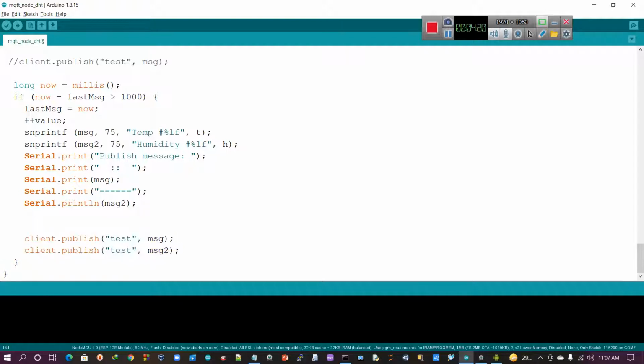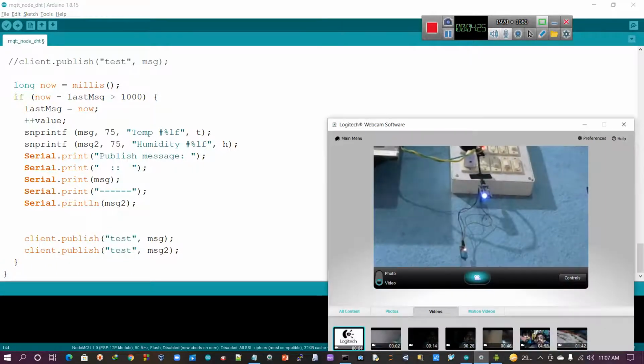Now I have already done the program, so what I am showing is that you can see the Node MCU is not connected to my laptop; it is a totally separate unit. I just attached it to the power board on my wall. This Node MCU is connected to the DHT11 temperature sensor.